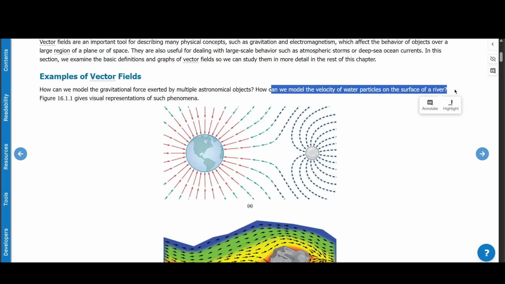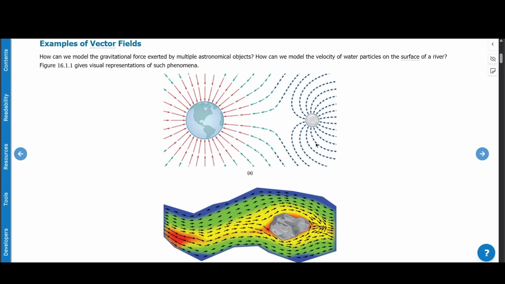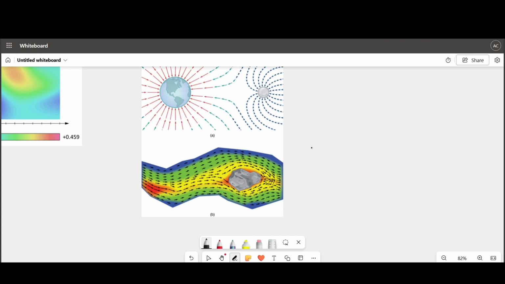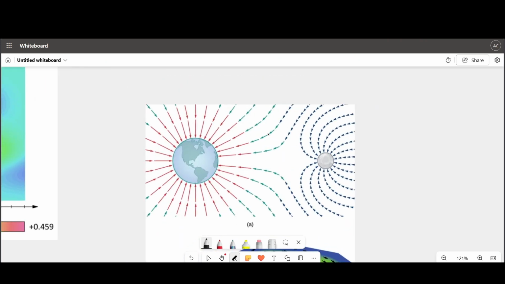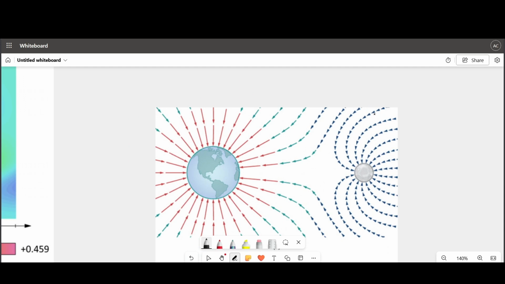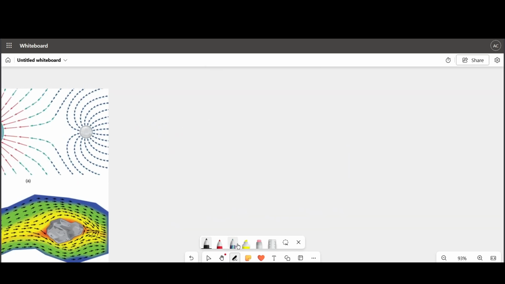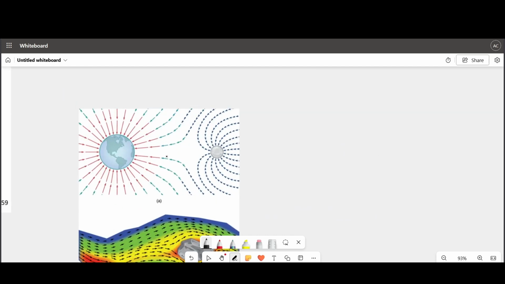Okay. Vector fields are an important tool for describing many physical concepts such as gravitation and electromagnetism, which affect the behavior of objects over a large region of a plane or of space. They are also useful for dealing with large-scale behaviors such as atmospheric storms or deep-sea ocean currents. In this section, we examine the basic examples of vector fields. How can we model the gravitational force exerted by multiple astronomical objects? How can we model the velocity of part